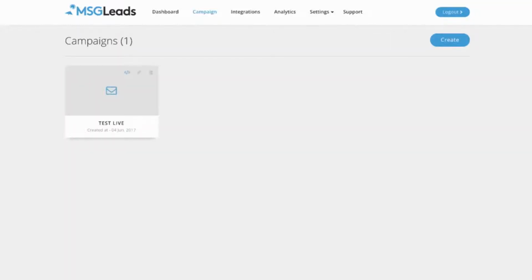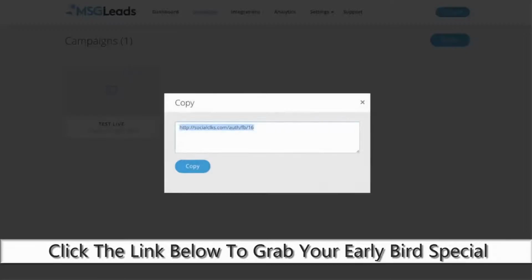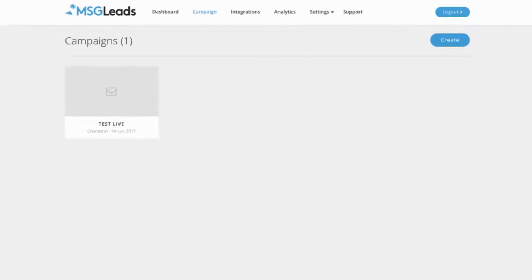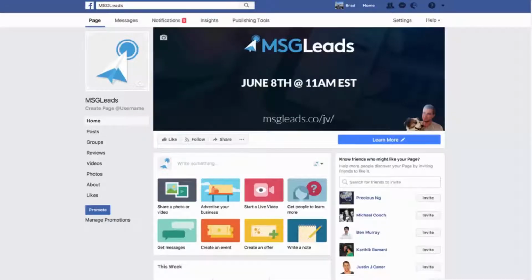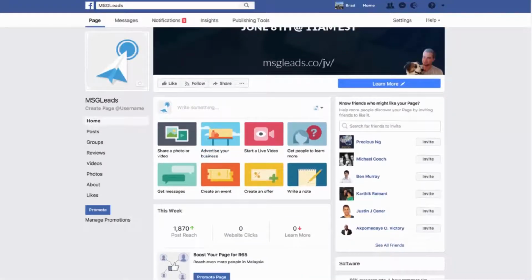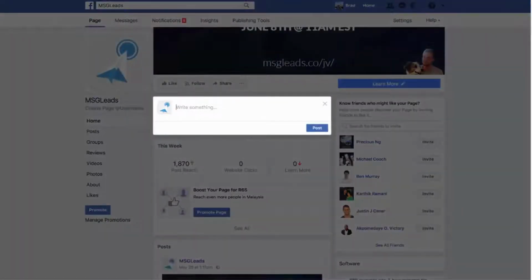I just click on this code button right here, and it's generated my link for me. Now, I can use this link anywhere on Facebook to sync people to my email list that I've chosen within the campaign setup. So for example, let me go into Facebook very quickly. And as you can see, I've got a MSGLeads Facebook page here that I'm using to run some ads. So if I was, for example, wanting to send a post or set up a post to my fans of this page, let's say I had 50,000 people who were fans of this page, I can say something like, hey,